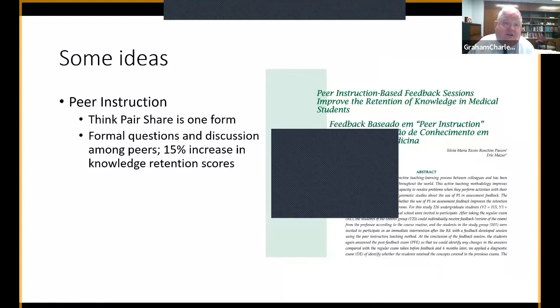And then Dr. Mazur's peer instruction. And as he described, it really came out of this idea of think, pair, share, but in Dr. Mazur's classroom, and now when we use peer instruction, our students, for example, are given a pre-class assignment. So it's a flipped classroom. Here, study this set of materials before you come. And then the entire session is a set of questions and discussion with peers about it.